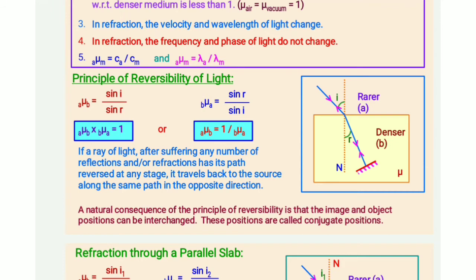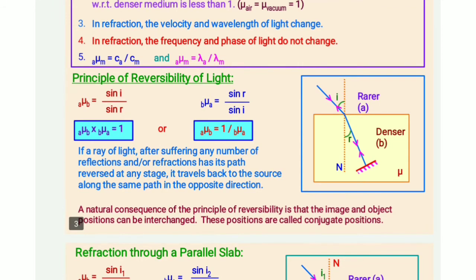Because, suppose we are traveling from a rarer to a denser medium, we found that the refractive index will be sin i upon sin r. Now suppose we are traveling from the denser to the rarer medium. Here we have that is from B to A and from A to B. So what are we going to find? We are going to find sin r upon sin i, because